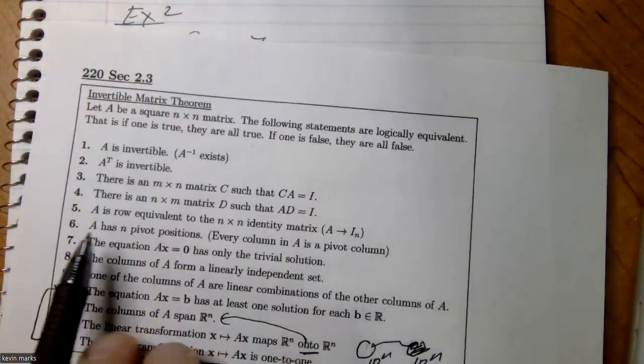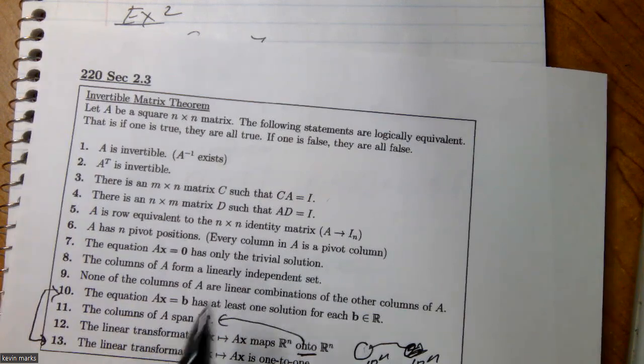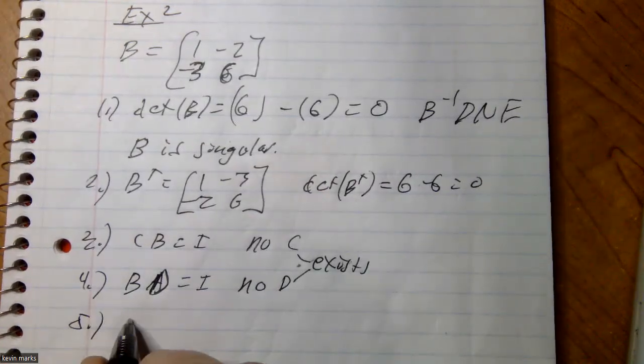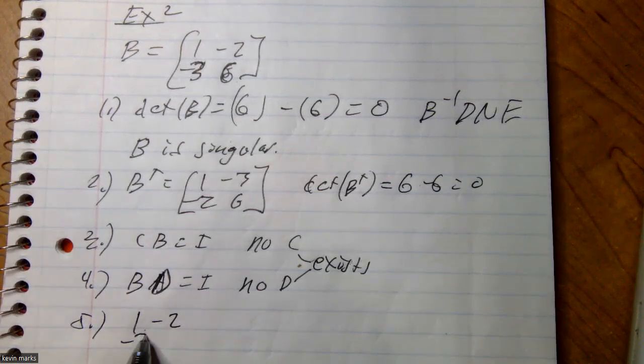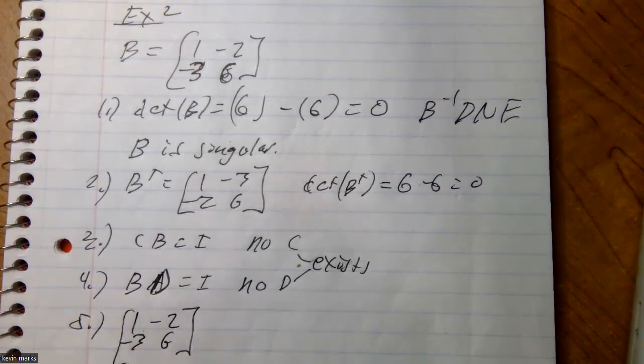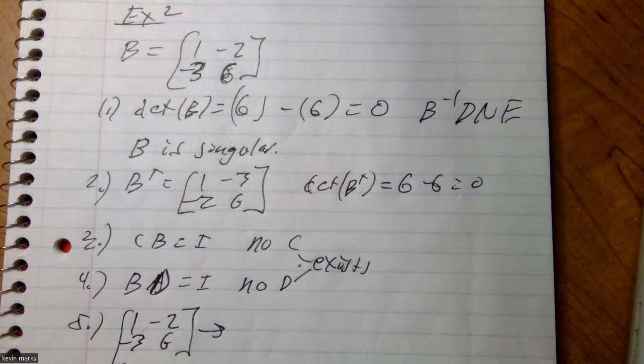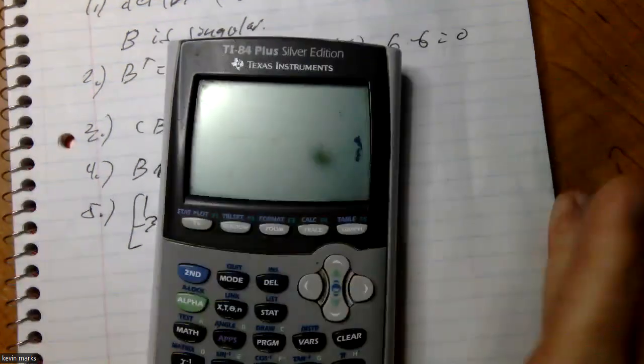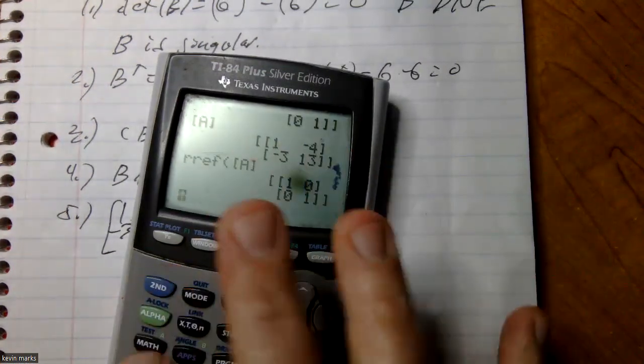Okay. What about 5? Row equivalent. Is it row equivalent to the identity? So if I were to take this 1, -2, -3, 6, maybe if you stare at that long enough, you might be able to row reduce that without doing any work at all. Maybe you can, maybe you can not. Maybe not yet. You'll see in a minute. But let's say